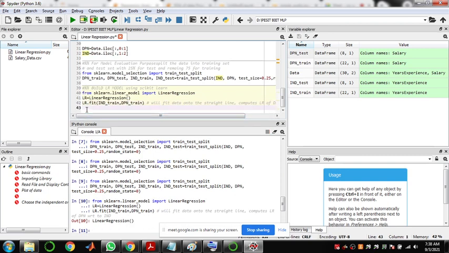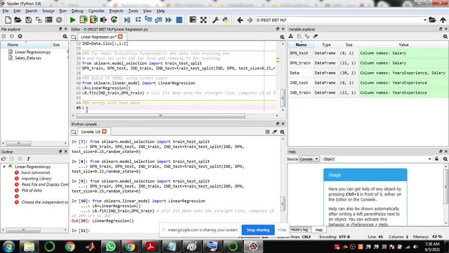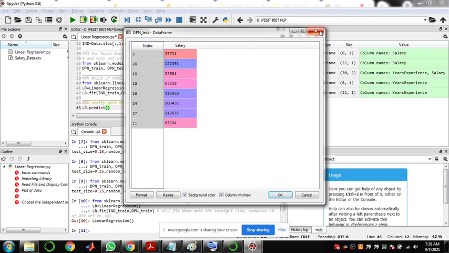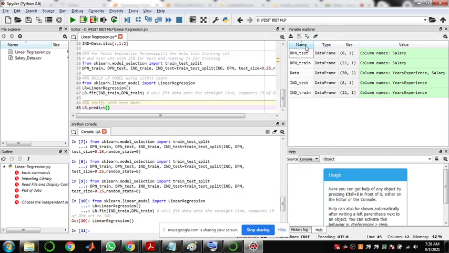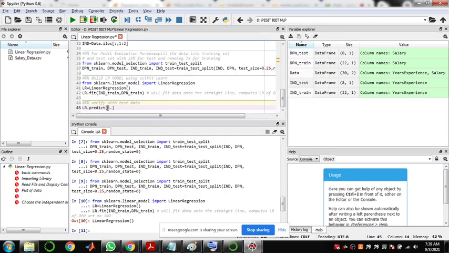The model has been built, so let us verify with the test data. For predicting, I can pass lr.predict of. These are the salary data, right? And this is the output, the dependent variable, and the corresponding input. If I feed this value 1.5,